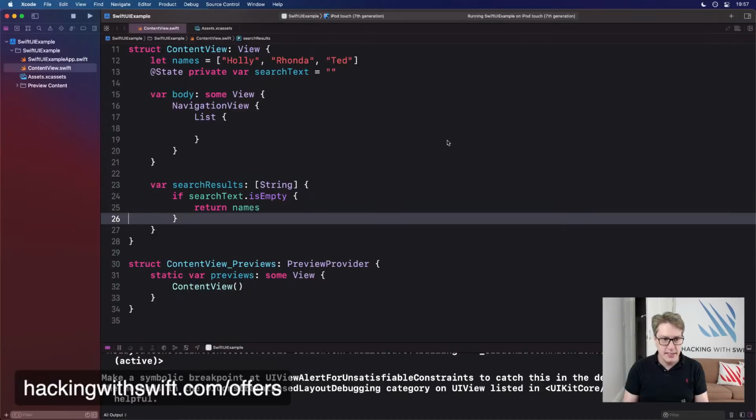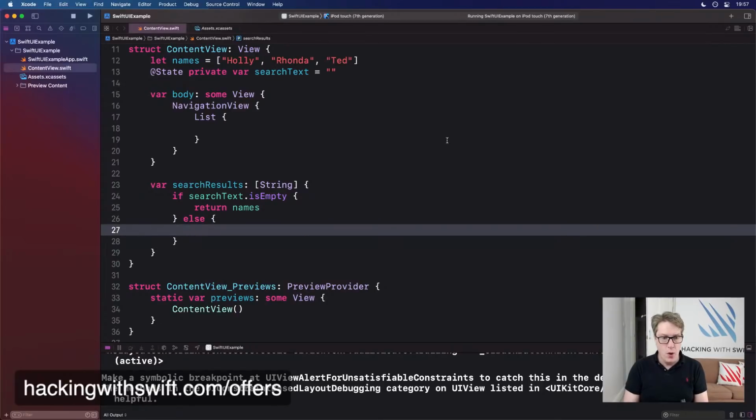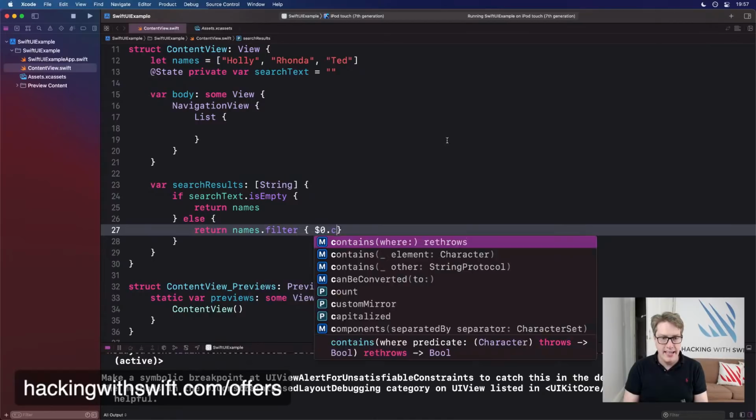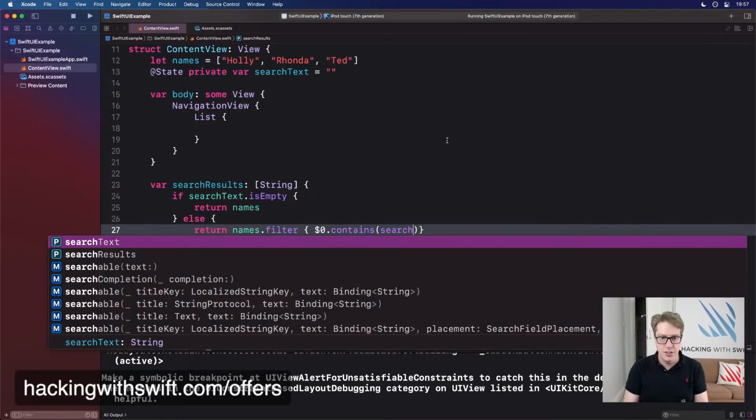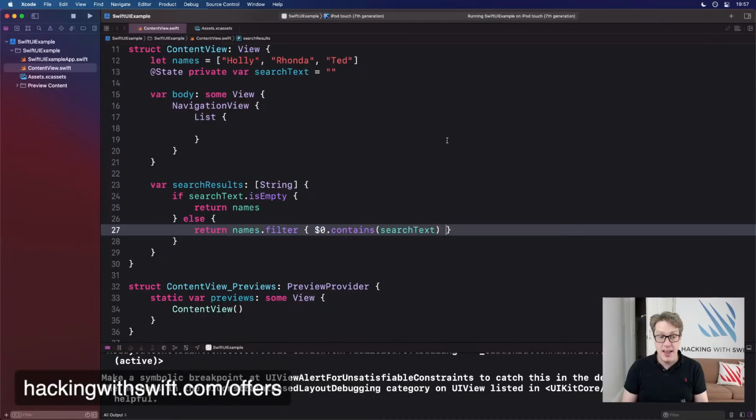And then, if it's not empty, we'll return names.filter where each item contains the searchText. So we can filter that names array somehow by just typing HON to get Rhonda, for example. Does it contain the search text? Case insensitive you could do, of course, but you get the idea. You can do a search however you want to.